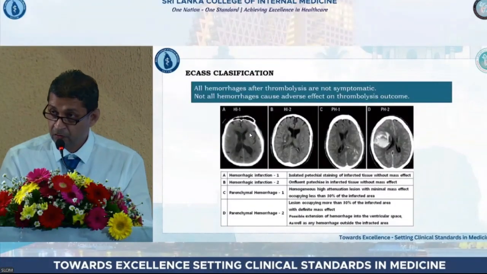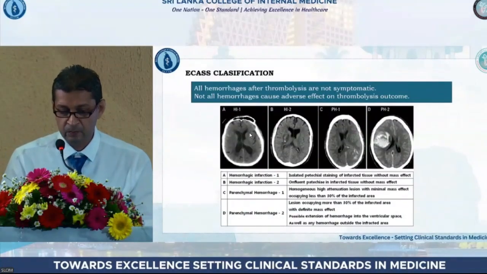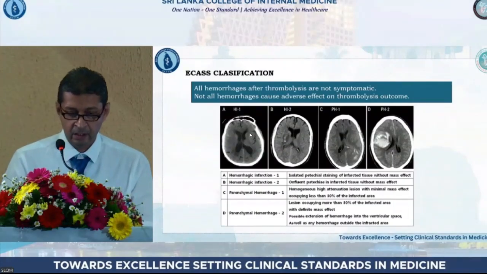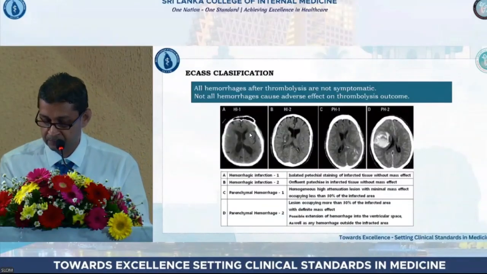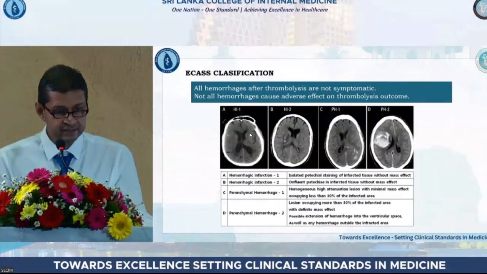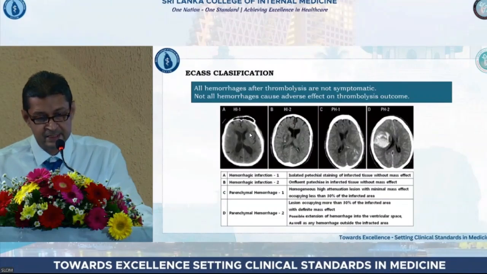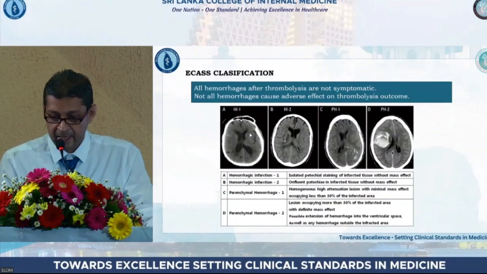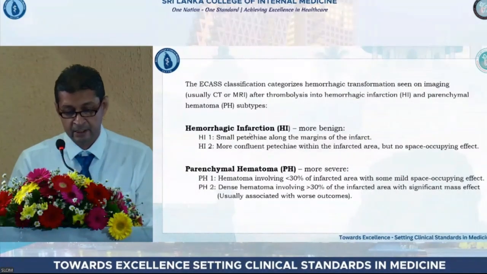The one thing that I want to emphasize is that not all hemorrhages after thrombolysis are symptomatic. Not all hemorrhages cause adverse effects on thrombolysis outcome. Therefore, worldwide, a classification called the ECASS classification is used to assess the post-thrombolysis hemorrhages, and they categorize hemorrhages into 4 categories, and HI1 and HI2, hemorrhagic infarctions,